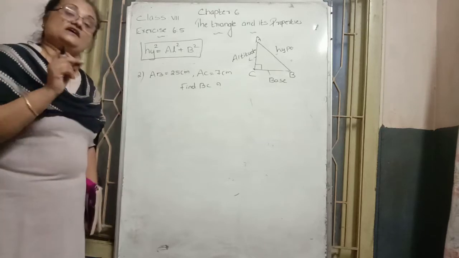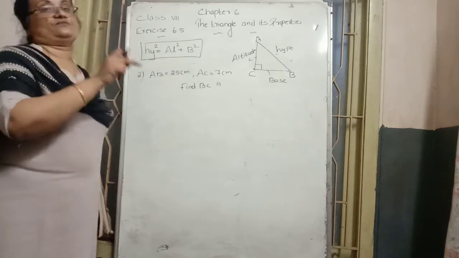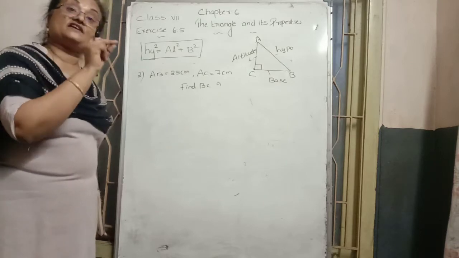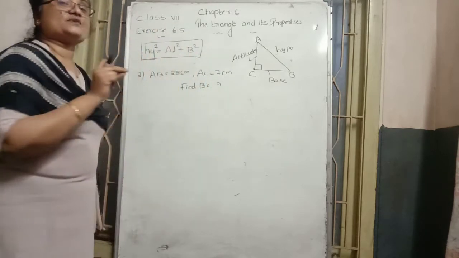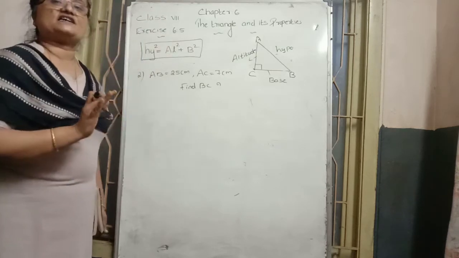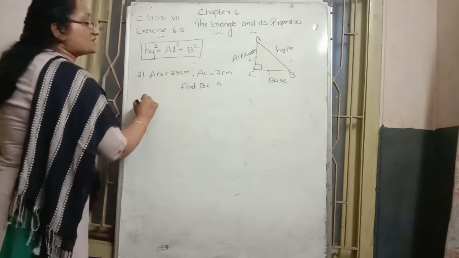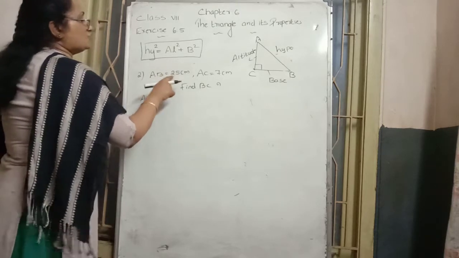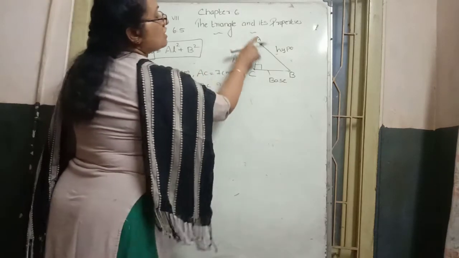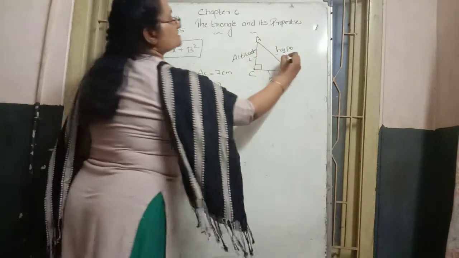ABC triangle, right angle at C. In the question they gave right angle at C. That's why the 90 degree place, which alphabet do we mark? C. A and B you can mark anywhere. So next, here also, how to find out the answer? Pythagoras theorem. Values: AB, where AB hypotenuse represents AB. That value is given. How much?